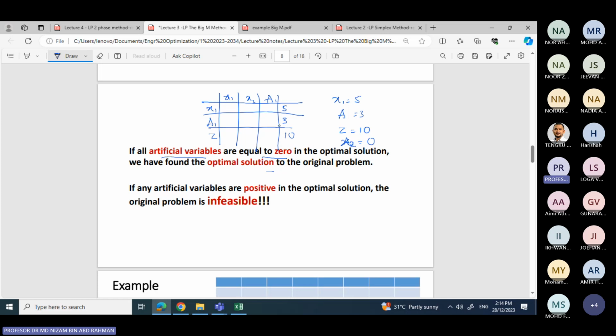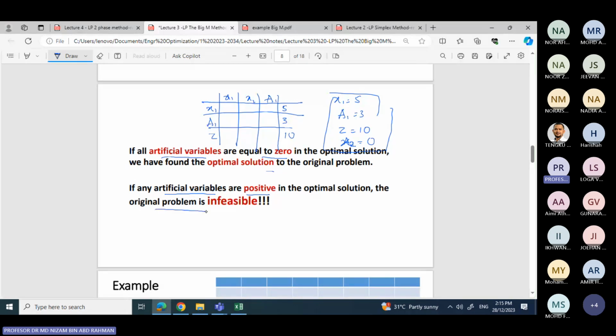So the way to read this is that x1 is 5, a1 is 3, so a1 is part of the solution, z equals 10, and x2 equals 0. If this is the result that you get at the end of the simplex tableau calculations, then you're saying that the artificial variable is positive, because its value is 3 in the optimal solution,